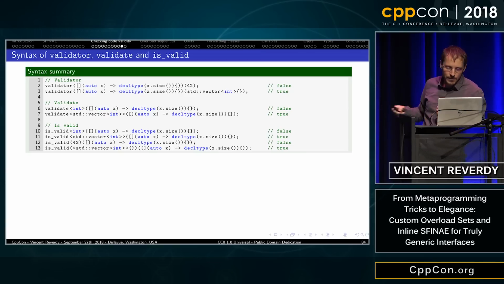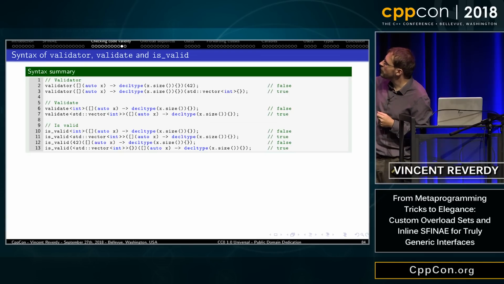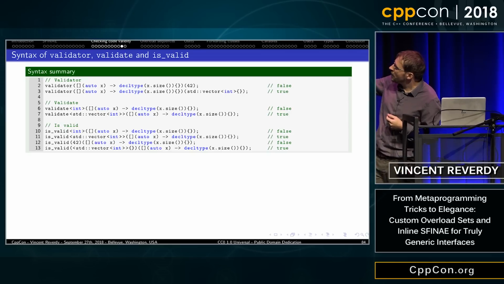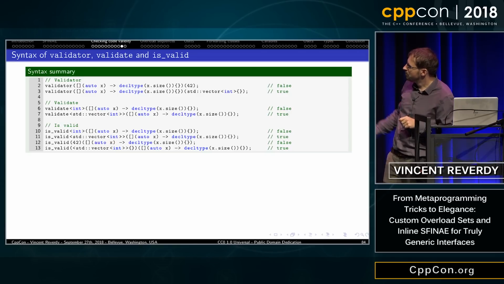And isValid can be used in two different manners. The first one is by explicitly saying what the type of argument should be. So in that case, int and vector of int. And then you give it a list of lambdas. Or in the other case, you don't specify the template parameter, but you let the deduction guide deduce that here it is int and here it is a vector.